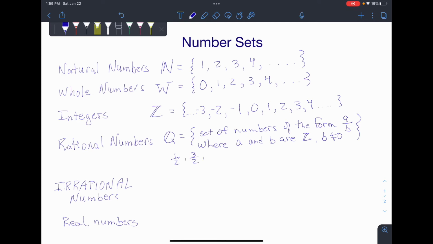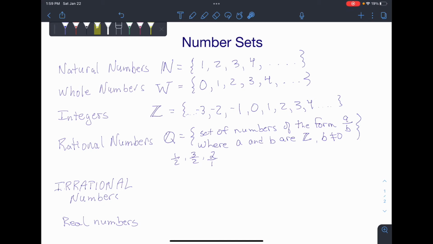In fact, all the integers are rational numbers because we could divide each of them by 1, and we don't change the number. So the rational numbers actually contain the integers. Notice what's happening here. As we define each set, the previous set is contained in the next set